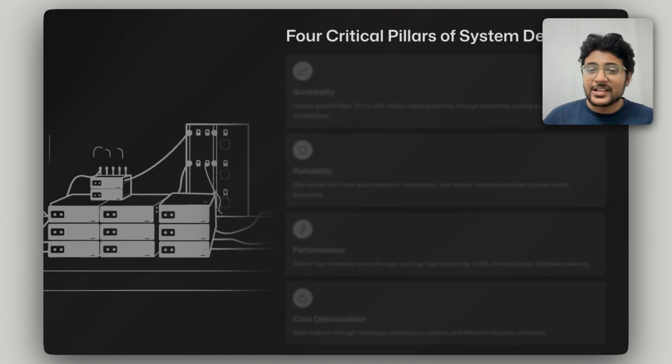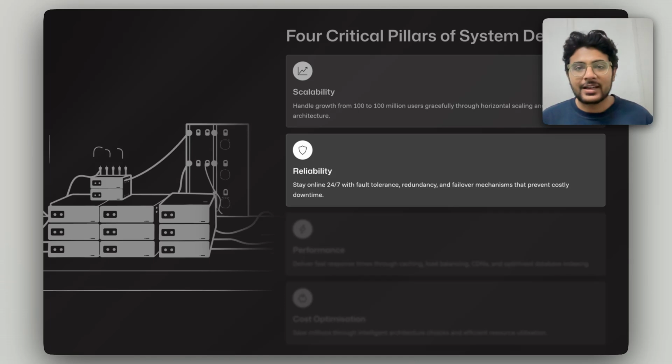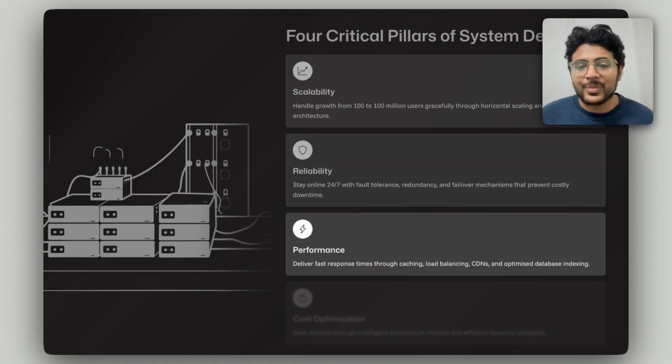So, let's try to understand the four main pillars of system design. The very first thing is scalability. Doesn't matter whether there are 100 users or 100 million users, your system should be capable enough to scale. Next, it has to be reliable. Let's say I'm providing APIs and users can access my service. In that scenario, if my API is not working 40% of the time, that means I have really poor system design.